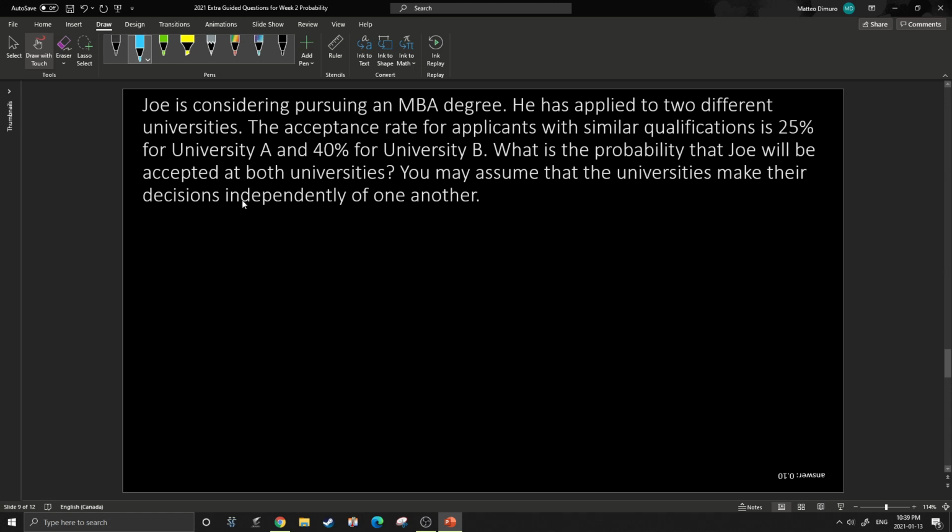Oh, I should hope so. So remember, independently is just basically saying that whatever happens at University A doesn't affect University B. So you're going to be multiplying the probabilities. There's only really one way we can do this. So we want to get accepted at University A, and they have a 25% acceptance rate. So remember, if you're doing a calculation, percentages need to be written as decimals or fractions. So 0.25 chance there,